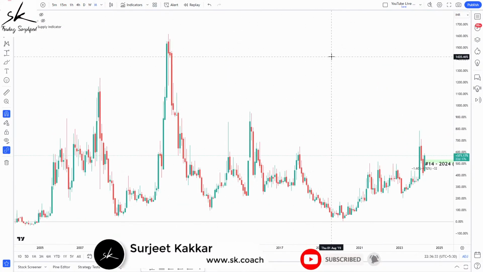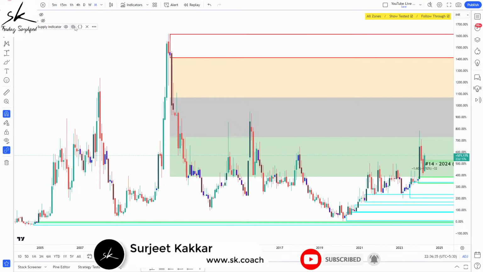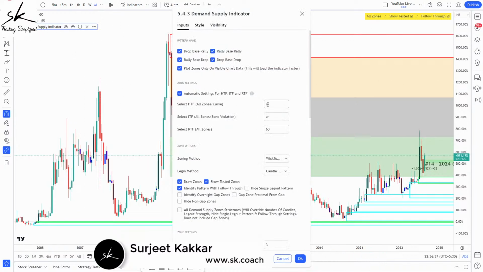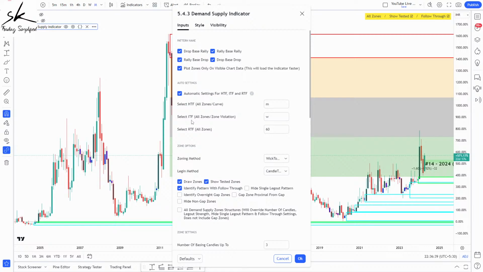also do the curve analysis automatically for me. Why? Because you can see in the indicator settings, I've already defined my higher time frame, intermediate, refining, and I've also checked the automatic settings, because once this is checked, whenever you go to these defined time frames, these settings will apply automatically. So on the monthly, it is automatically applying all zones and curve analysis for me. So that is the reason as soon as I went to the monthly, it did the curve analysis for us,